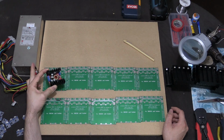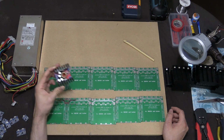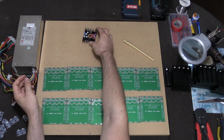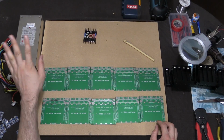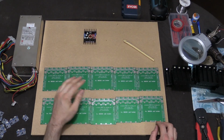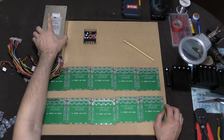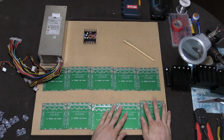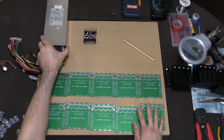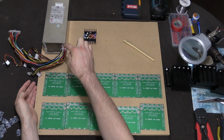I obviously could find another power supply that could potentially do it, but might as well use the one I've got, and this buck converter is only a few dollars, so hey, let's see if it actually works. So we're going to be using both these things, our power supply and our buck converter, 12 down to 5, and we're going to wire this up. What I've thought about doing is I'll bring these down on the board here, and I'll move these ones down as well, and then I'll move this up a bit higher, and I'll cut a hole here,